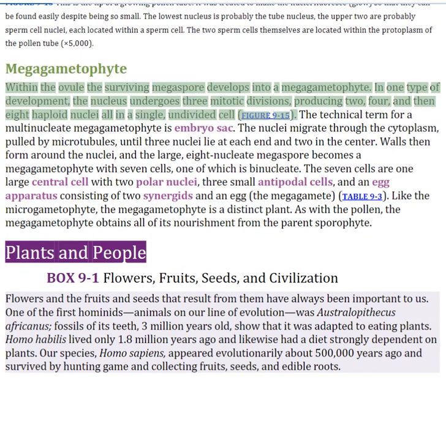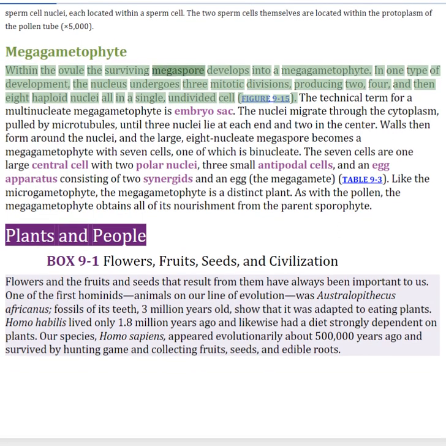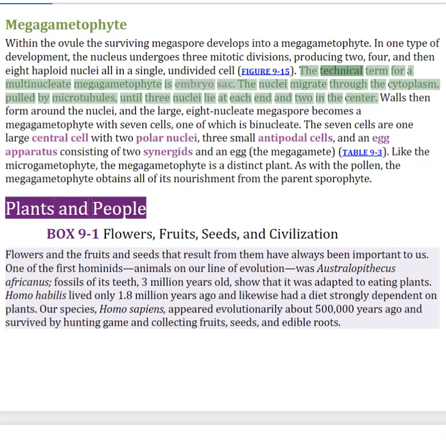Megagametophyte. Within the ovule, the surviving megaspore develops into a megagametophyte. In one type of development, the nucleus undergoes 3 mitotic divisions, producing 2, 4, and then 8 haploid nuclei, all in a single, undivided cell. The technical term for a multinucleate megagametophyte is embryo sac. The nuclei migrate through the cytoplasm, pulled by microtubules, until 3 nuclei lie at each end and 2 in the